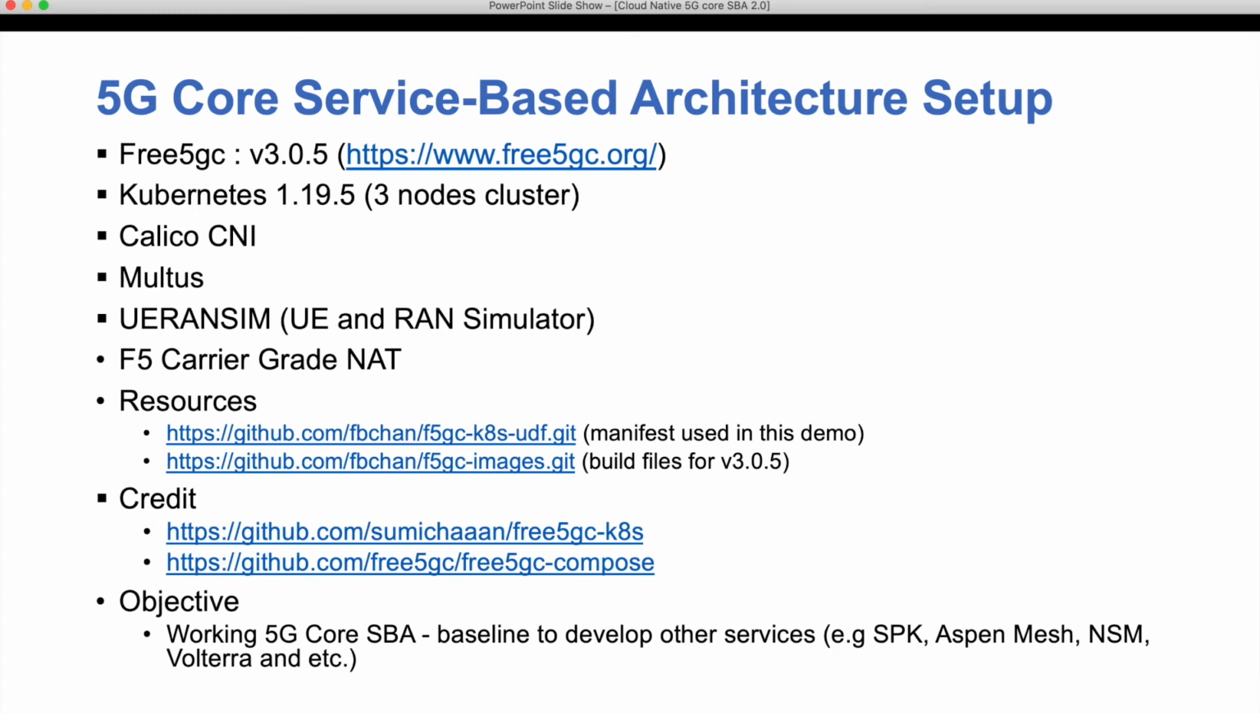This is a cloud-native 5G core service-based architecture setup in UDF. In this setup, I'm using Free5GC version 3.0.5. The environment will be running on Kubernetes 1.19.5 with a multi-node cluster. It's running Calico CNI and Multus, and I'm using UERANSIM to simulate connections from the phone, user equipment, and a